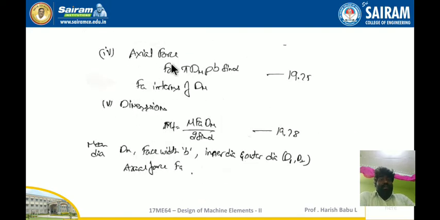Then I am going to find the axial force, Fa = π dm P b sin α. Again here I am going to replace Fa in terms of dm. Once you find both values, for the dimensions I go for Mt = μ Fa dm / (2 sin α). Both Fa and b will be in terms of dm, so I substitute the values and get dm. From dm I find the face width, from the face width I find d1 and d2, and then I find the axial force. This is the first kind of problem, where dm is unknown.